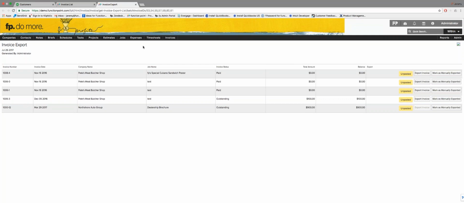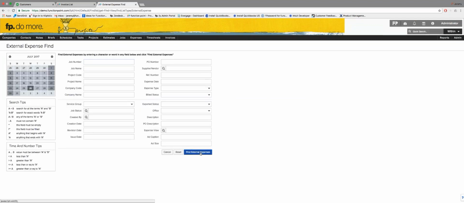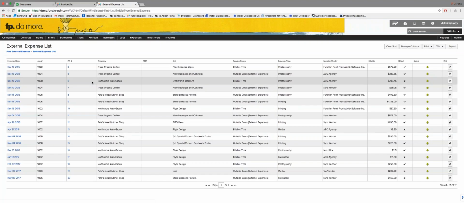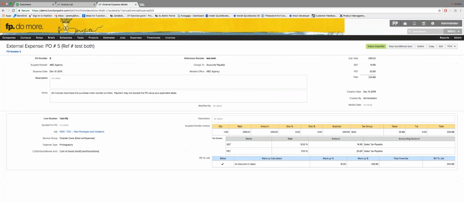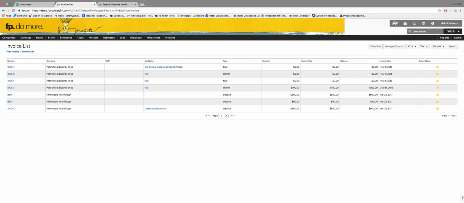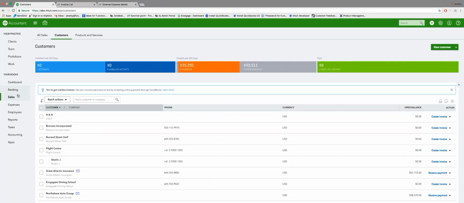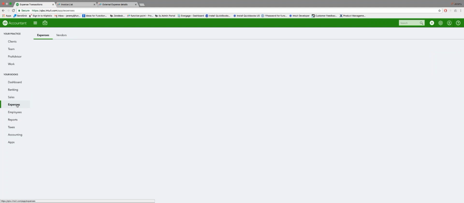Now, we touched a lot of invoicing. I just wanted to quickly touch base on expenses before we move to the mapping. Looking at expenses, I'm just going to come into expenses and find an expense. You can see I've got quite a few in the system and already exported. What's going to end up coming into QuickBooks is this expense as a bill. So what that means is when you come into QuickBooks, you're going to go into your expenses side, which they've